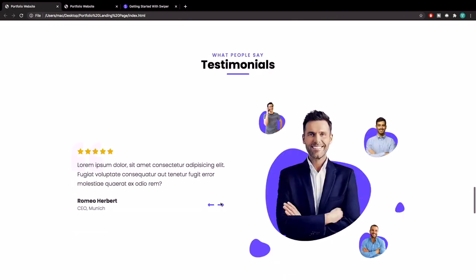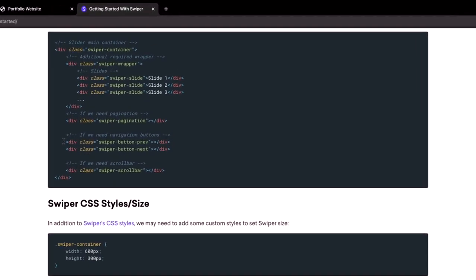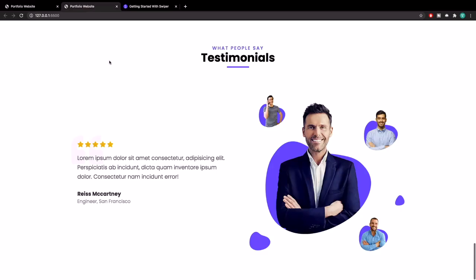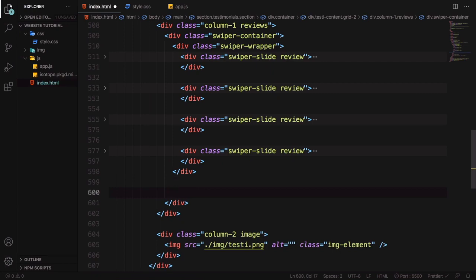Now we need to add the navigation buttons. So let's go back here, and as you can see, we need to add two divs below the Swiper wrapper. One for the previous button, and the other one for the next button. So let's go inside our HTML file, and underneath the Swiper wrapper, we're gonna add a new div with class of review-nav and a class of